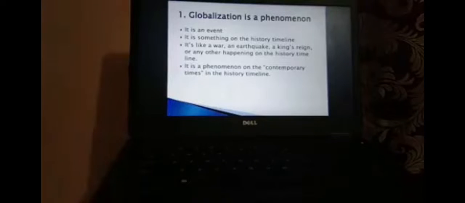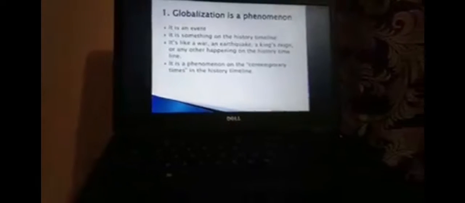Now let me illustrate to you the history timeline and show to you which part of the timeline we can see globalization. So we will move over to our board. Okay, so we have an elegant studio over here, complete with computer and a whiteboard.